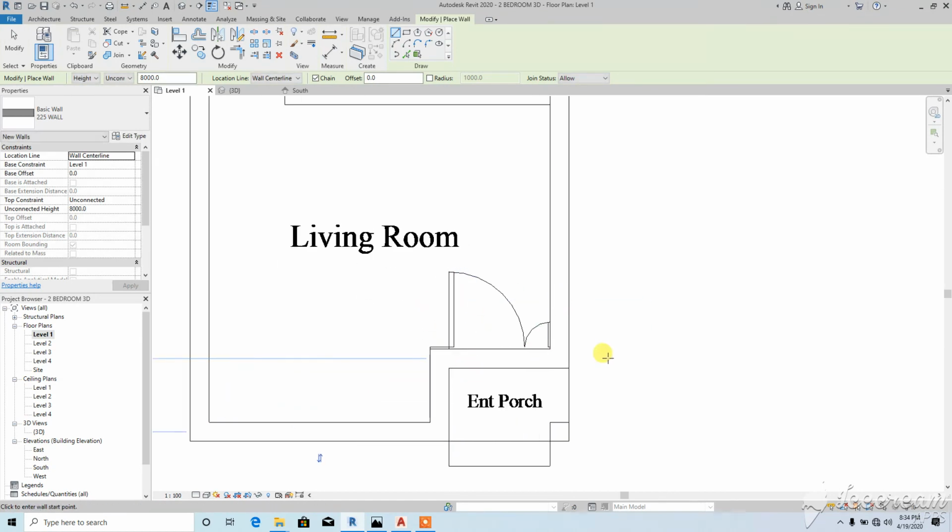If you notice very well, you would see that the wall is now aligned with the line of the AutoCAD drawing. What do we